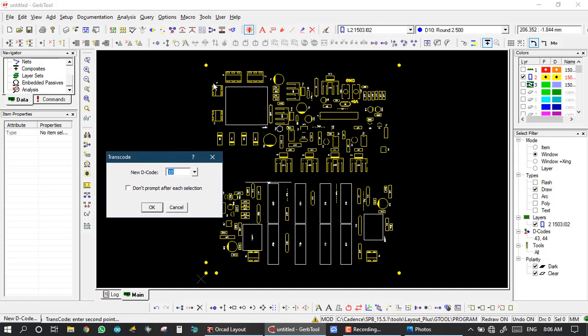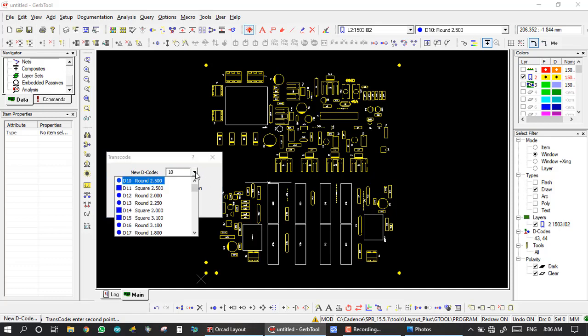So here in white color are the D-codes D43 and D44. All the yellow color is the D-codes whose size is normal. So now we change the transcode. We set a value near 250, our minimum value.